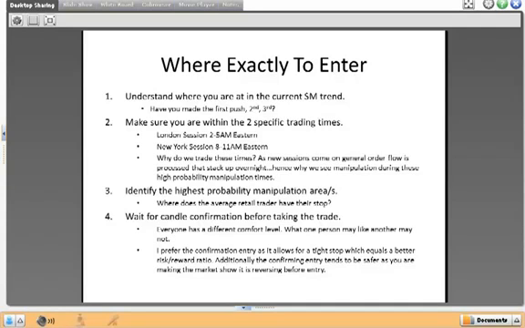Now the second point here is you want to make sure you're within the 2 specific trading times, especially when you're learning the strategy. As you progress and become better, you can gradually